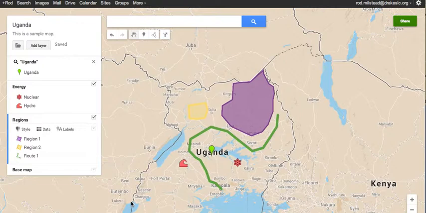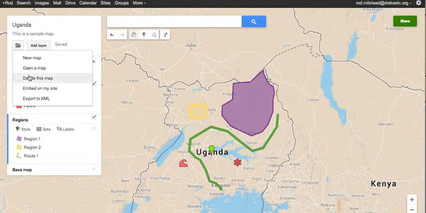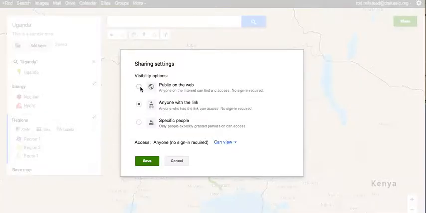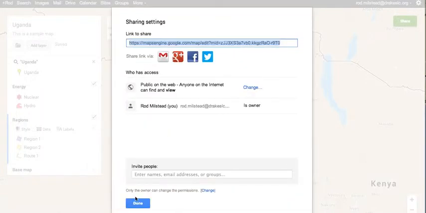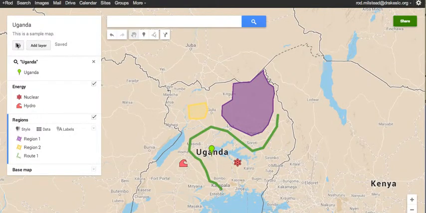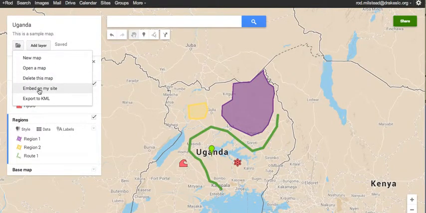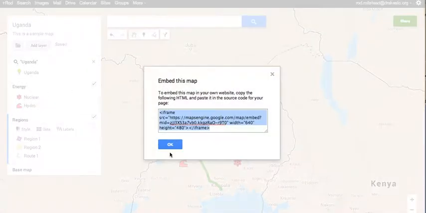And done. Last stop, and I had to search a bit for this one. If instead of simply sending the link or linking within a document, you'd like to embed this document in HTML, the embed feature is on your left-hand map under the folder icon. And we scoot down to embed that. So if you want to embed it, we got to make it public. Done. Now we're going to embed on my site. There's the embed code. Copy, paste,